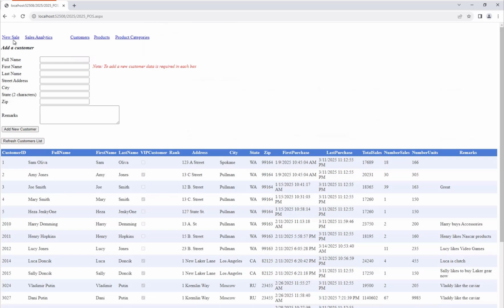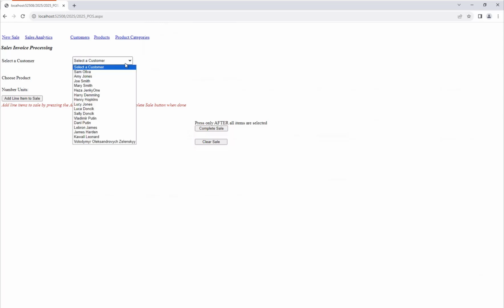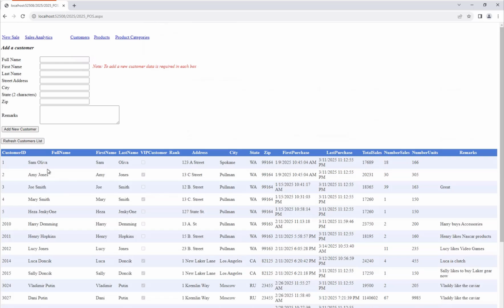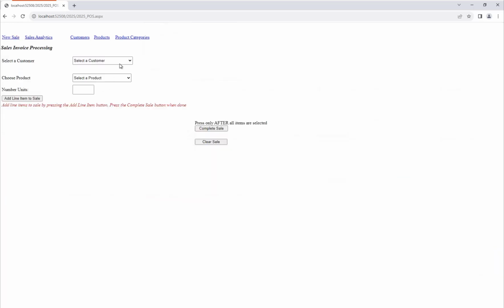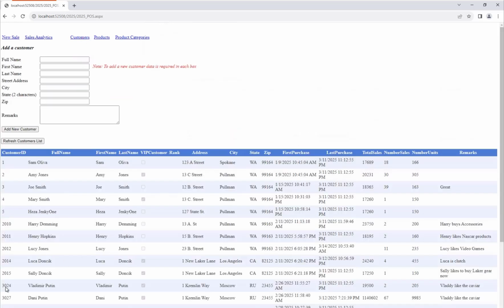So, for example, in the customers drop-down list, we're going to use the full name as the text, the data text field, and then we're going to use the customer ID field for the value of that drop-down list. So when we get the selected value, it's going to select the primary key, the customer ID. And that's kind of how you do it. You show a textual field, but you capture the primary key, in this case, customer ID,